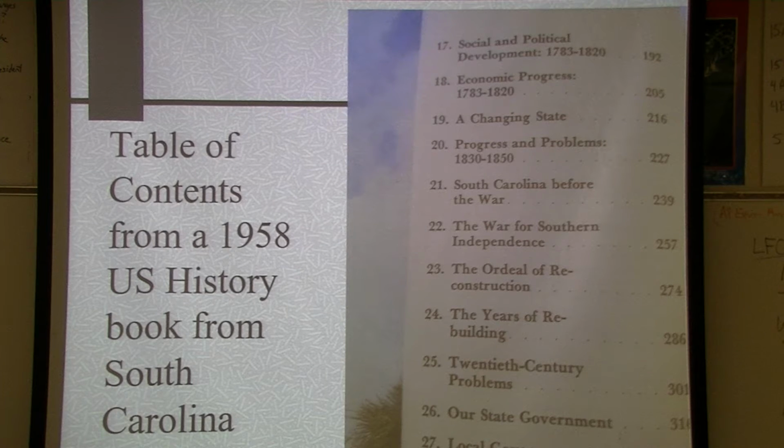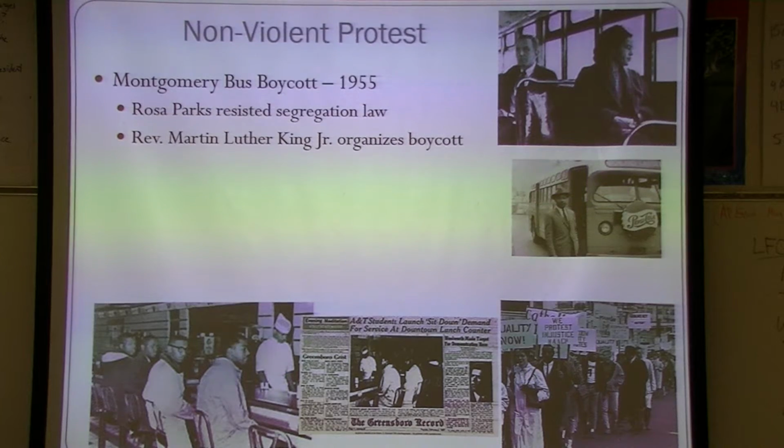I point this out. This is where for a lot of Southerners, they were not taught about the Civil War. In this case, you see the War for Southern Independence. My father, who went to a segregated school in Orlando, Florida, had learned about the War of Northern Aggression here. And why I point this out is for a lot of white Southerners, as changes were being made there, and what ultimately will happen is in the South, you're going to have to decide what side of history you're on. Because a lot of them, yes, they grew up where they were taught one thing, but then, and this is where for TV and other aspects of society there,